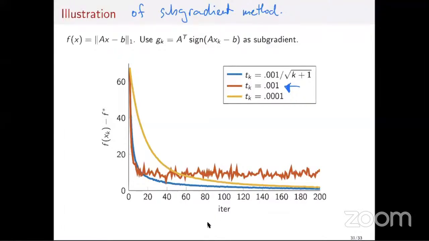Oops, sorry, I should send this to everyone. Very good. So I put a link to some lecture notes online that will discuss this more at length. Here, the discussion of the effect of the choice of step size on the convergence was a bit quick. Okay.